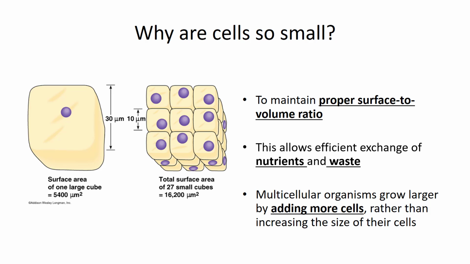So what we find is that if you try to get a cell too big, the ability to absorb nutrients and release waste becomes so inefficient that the cell actually dies. It may survive for a period of time, but as soon as something becomes critical, like an environmental stress, then it can no longer survive. So that's a more specific reason why. You have to maintain homeostasis, and the bigger you are, the more difficult that becomes, and at some point it becomes impossible for survival.